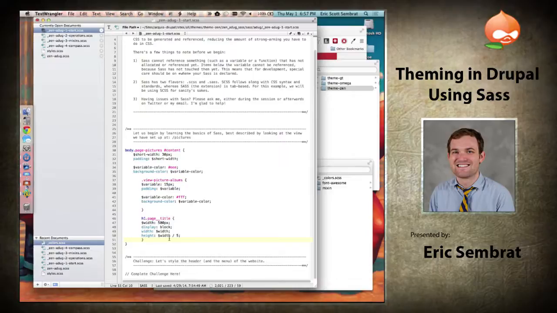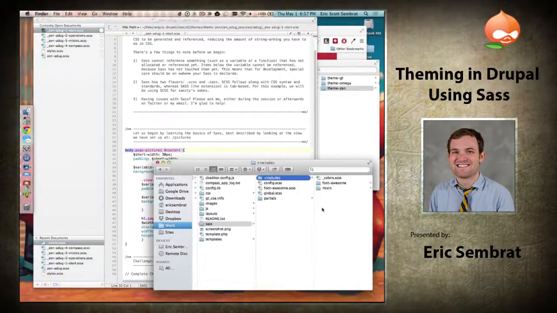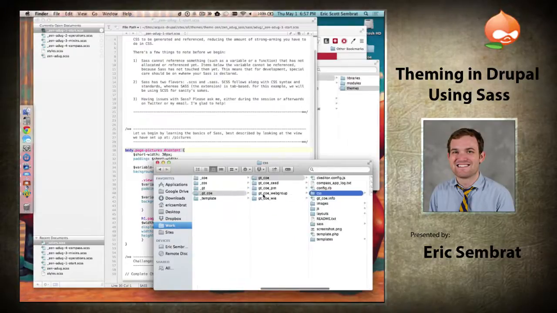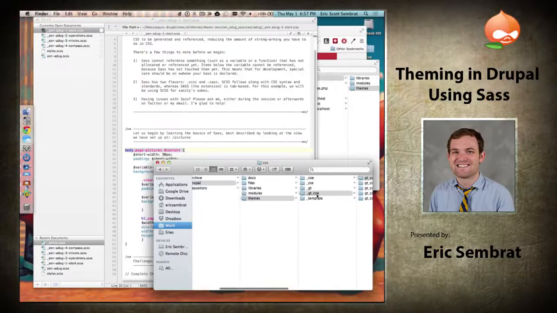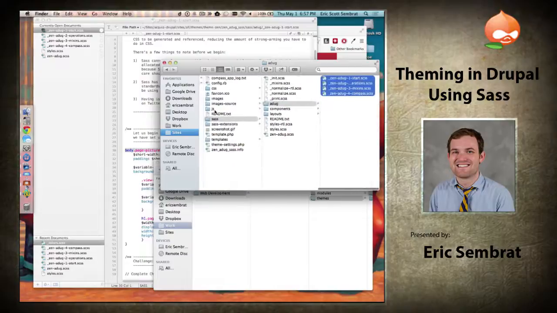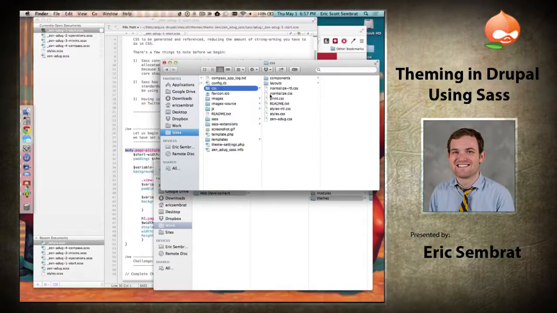So another feature that you'll notice from just looking at this page is that this declaration is nested within this declaration, and to show why that's so nice, I think I just need to bring up the outputted CSS to show you why it saves you so much time. Which, if I can find the outputted CSS,